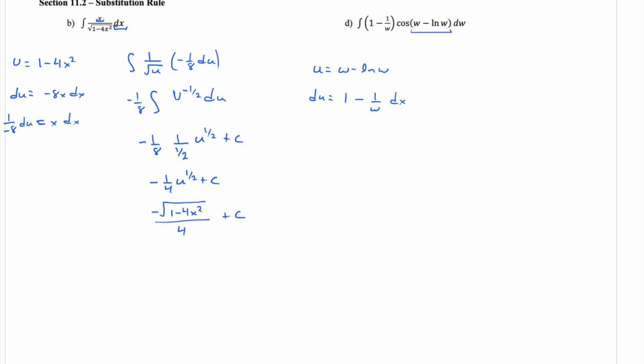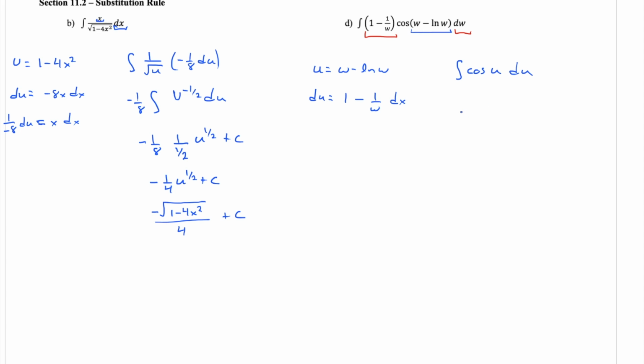So we see that in this function here. And so we have then the 1 minus 1 over w, and then times dw. And so all of that, underlined in red there, can be replaced with du. And so what that's going to mean for my integral then is that my integral then just becomes cosine of u, and then times du. And that's certainly a much easier derivative to take,